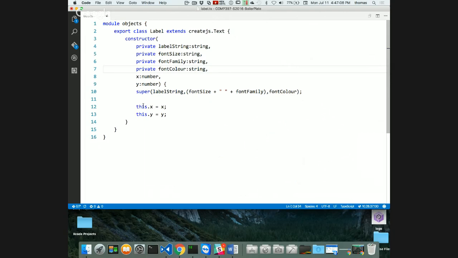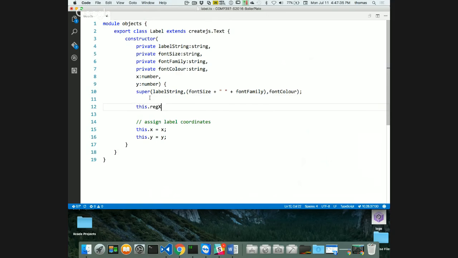So now what I want to do is not just this X and Y, but I also want to put in here, assign coordinates, label coordinates. But I also want to set that all the labels that I use with my label class are always labels that are centered in the middle. The registration mark is in the middle of the label. So I'm going to say